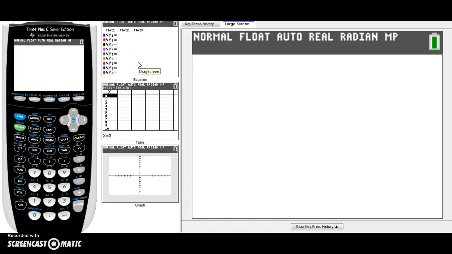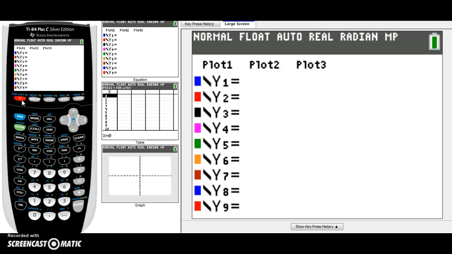Okay, now we're going to do the next example, which is on your calculator. So, hope you wrote down the problem. It's x squared plus 5x minus 7. So you're going to go to your y equals, which is right here, and you're going to type it in